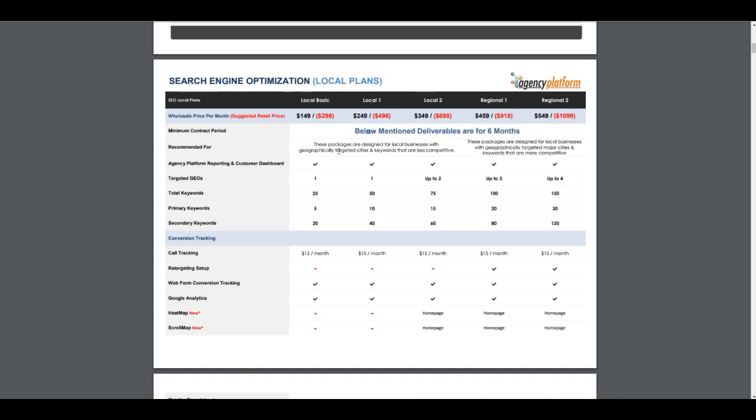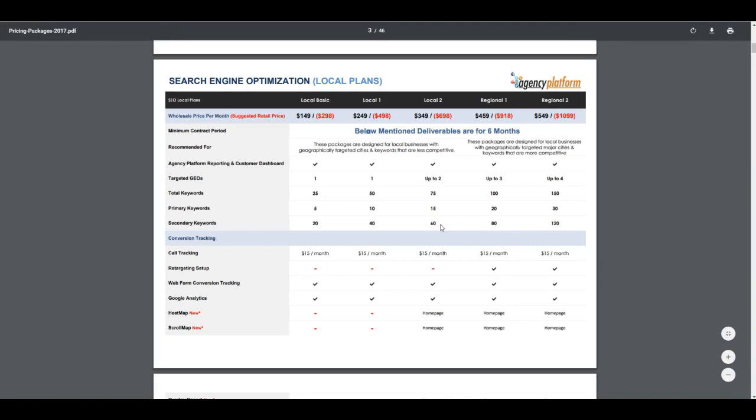So if they're in a smaller city, they may be able to get by with a smaller package, whereas if they're in a bigger city, they probably are going to want a more aggressive package. If they happen to have 2 locations, then they're going to want the local 2, for example. If they have 3 or 4 locations, or they happen to be in a more competitive city, they would want to go with the larger packages, regional 1 or 2.